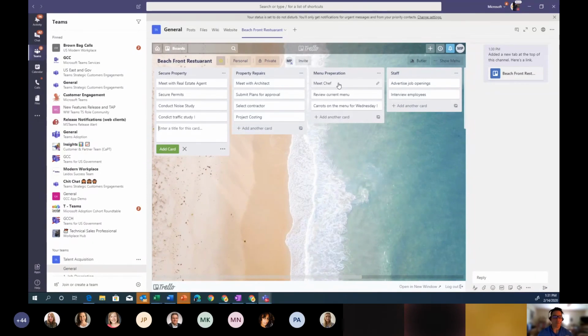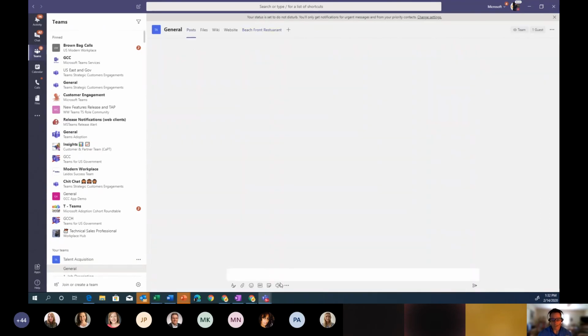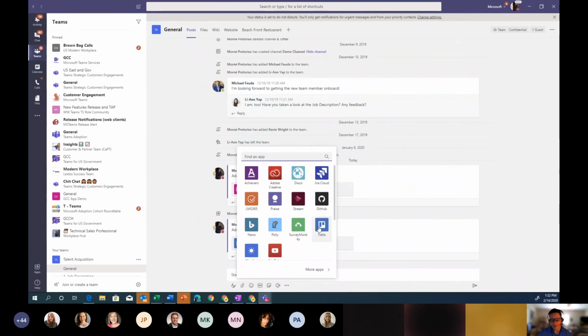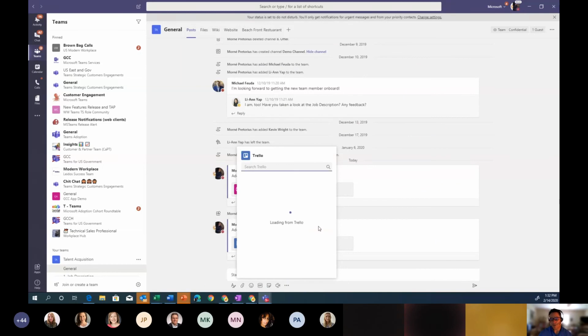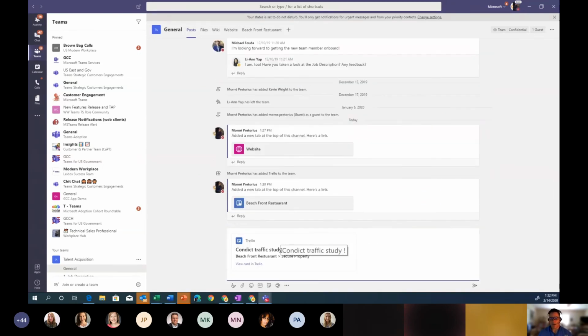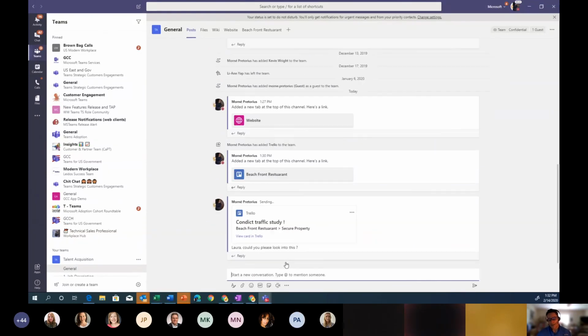These services are super rich, right? So as an example, I could go back to the conversation, and over here, I'm also able to, via messaging extensions, interact with Trello. So once again, in this case, I want to say conduct a traffic study. So there we see this deep integration. And I can say, as an example, for instance, Laura, could you please look into this? So another way for you to interact, I could use messaging extensions to connect to this,